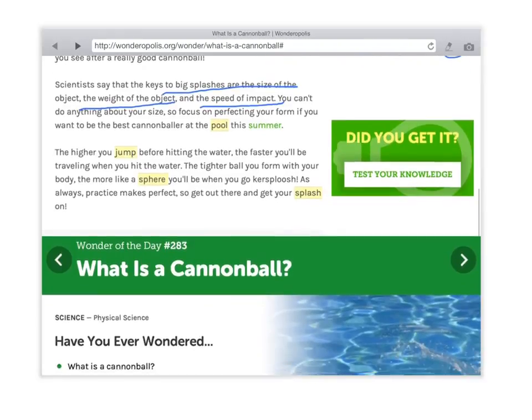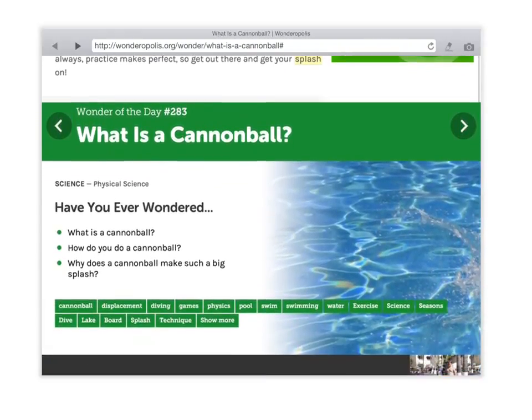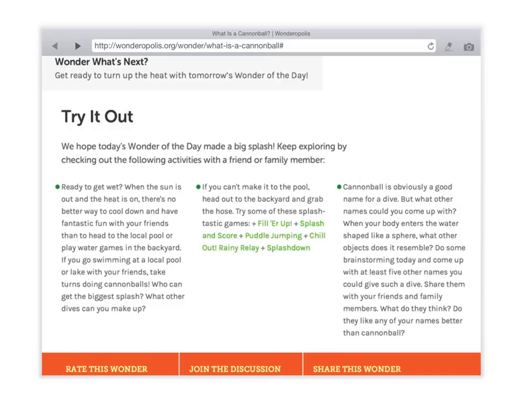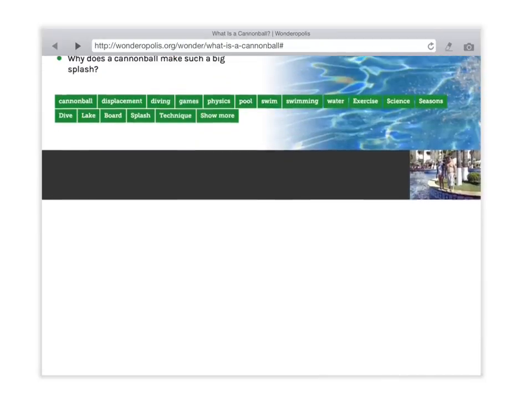All right, so that answered my question. Now, there's other information down here. Try it out, that I know that these are some different things that might have to do with my article, but they really don't have anything to do with what I need to read right now. So I am not going to read this today, and I might come back to that later when I've got some free time and I'm just interested in learning a little bit more.